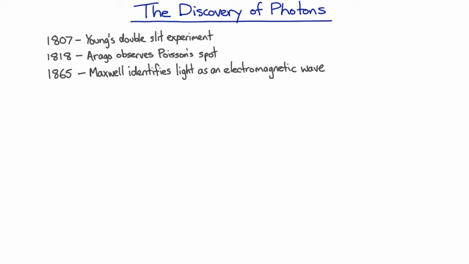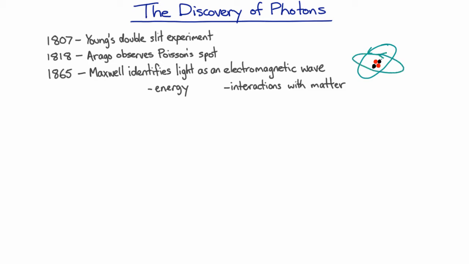And if you understand that light is an electromagnetic wave, then you understand how much energy it carries, you understand how it interacts with charged particles. And over the following decades, people started to realize that basically all matter was made of charged particles. At a microscopic level, you had a nucleus in the middle and then a cloud of electrons around the outside, which people still sort of visualized as particles because the wave theory of matter hadn't been invented at that stage. And so if you understand electromagnetism and you understand that matter is made of charged particles moving in particular ways, then basically you can figure out exactly how they interact and exactly what should happen.